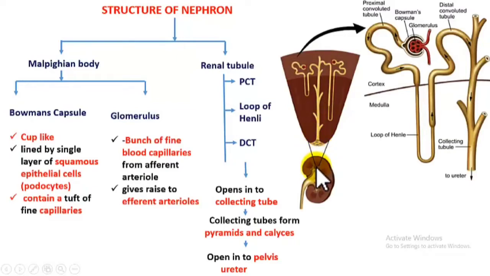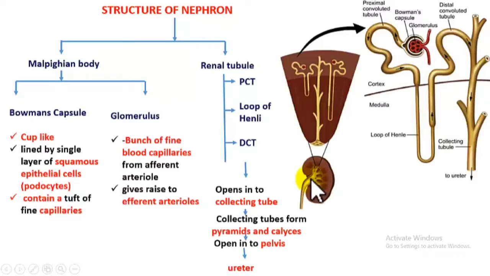I told, right, when I spoke about LS of kidney, there are stem-like structures that are present under the pyramids, and these stem-like structures are called calyces. And from there, the urine enters into pelvis. This broad region is called pelvis. This pelvis leads into a pipe-like structure called ureter. Ureter then joins with urinary bladder. Urinary bladder leads into urethra, and the urine is expelled out.